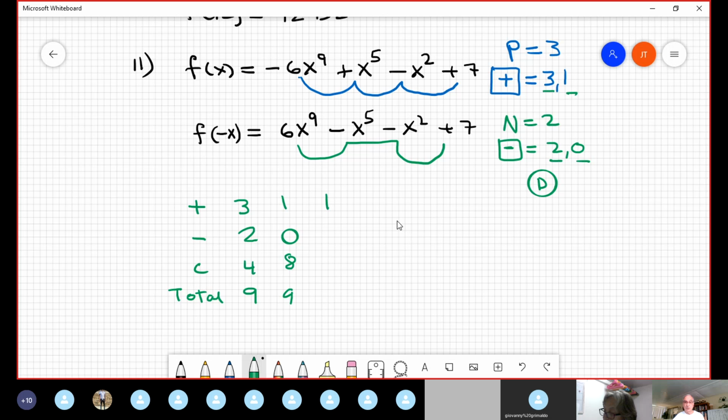So you have a big fraction. P is 2, and the factors of 2 are just plus or minus 1 and plus or minus 2. That's it. And the factors of 6 are plus or minus 1, plus or minus 2, plus or minus 3, plus or minus 6. One fantastic way to determine these multiples is if you multiply here, like that, you always get 6. And here is 2. Okay, now ready to determine the list. The list is,